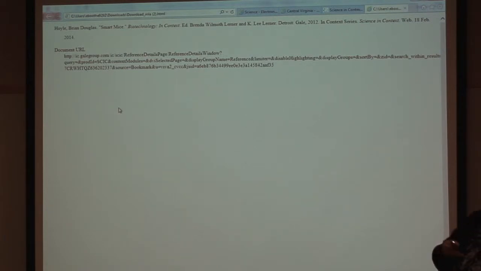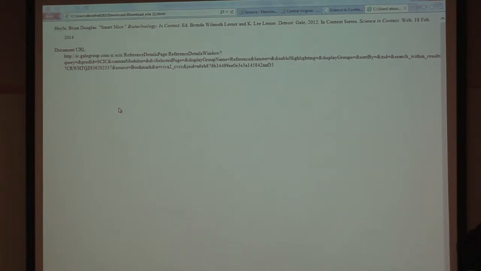Very, very helpful. And the link is right there too. Or at least yes, the document URL as well. No, that's not always given, but it is in this particular database. The citation generators do vary from database to database, but there are so many of them now, not 100%, but it's a